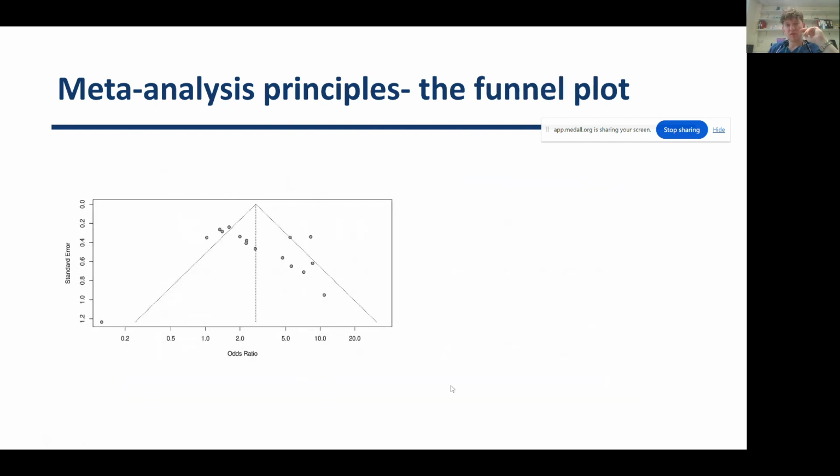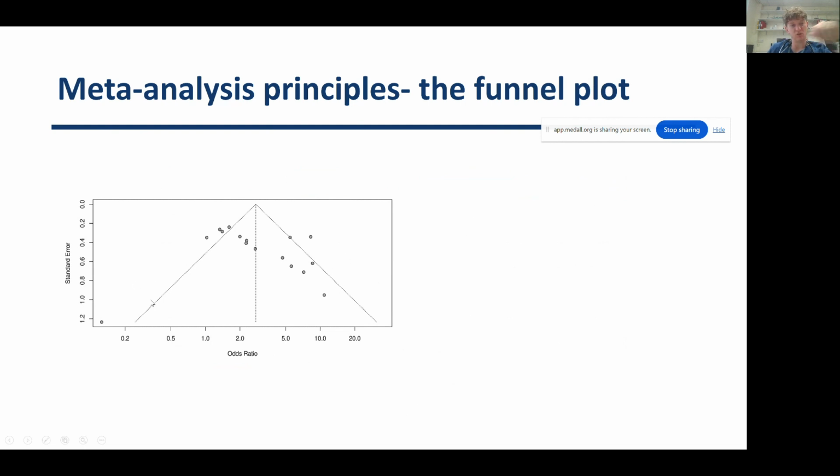A quick note on the funnel plots. Most tests will produce a funnel plot alongside a forest plot. Your funnel plot, it's a bit difficult to describe, is just a measure of something called publication bias. In a lot of studies that are small, so generally speaking, smaller studies with fewer patients or participants tend to be negative more often, as in they don't lead to positive results. So what they do then is